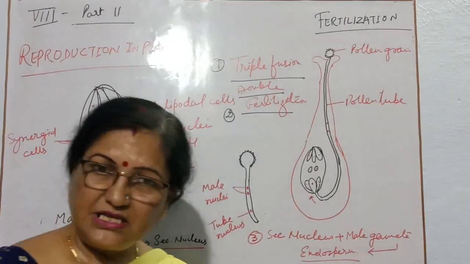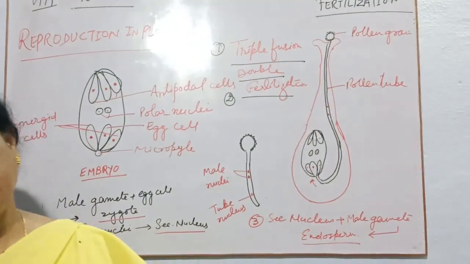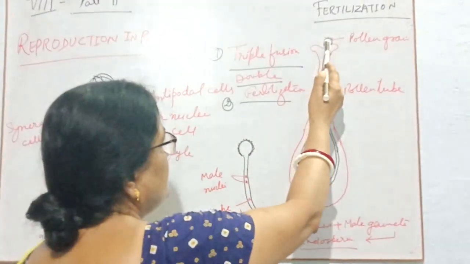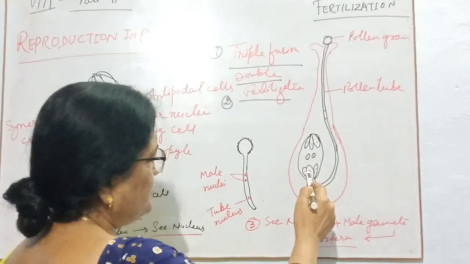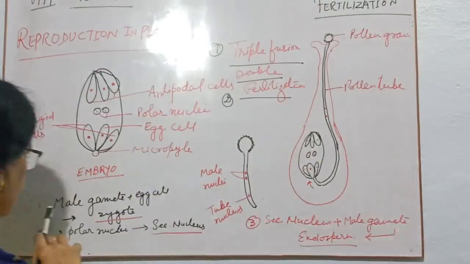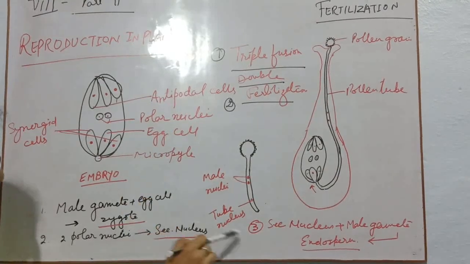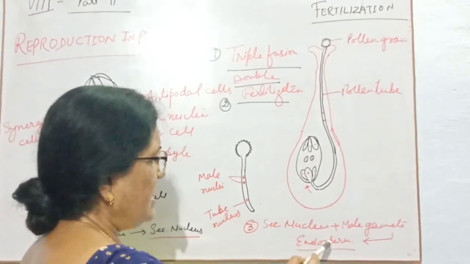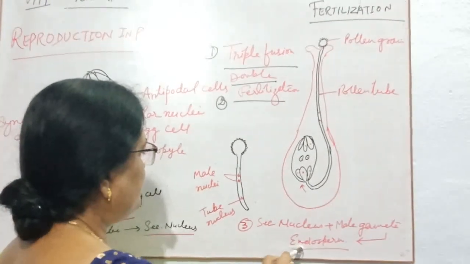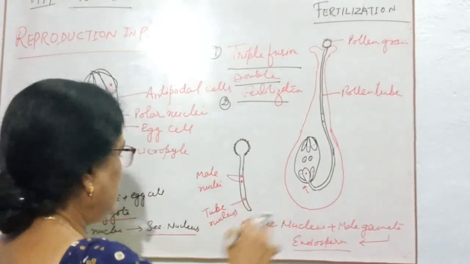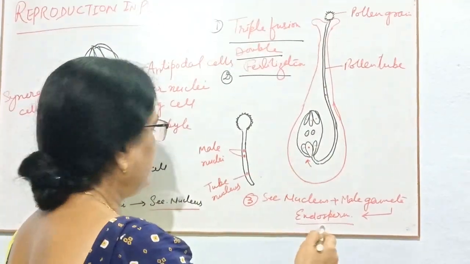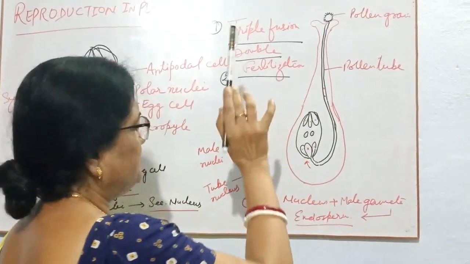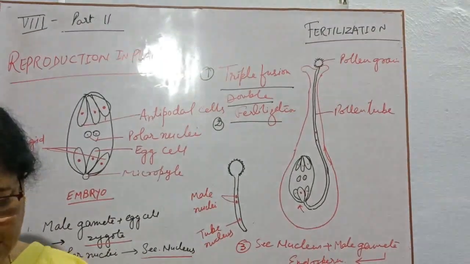Please write it by yourself, then you can understand very well how the process goes on. Firstly, you have to start from the pollen grain, then you will reach up to here. Then after fertilization, you have to mention first, second and third: zygote formation, secondary nucleus formation, formation of endosperm. These three fusions are known as triple fusion, and two times the male gamete fertilizes: once with the egg cell, second with the secondary nucleus. This is known as double fertilization. So children, you can complete it.